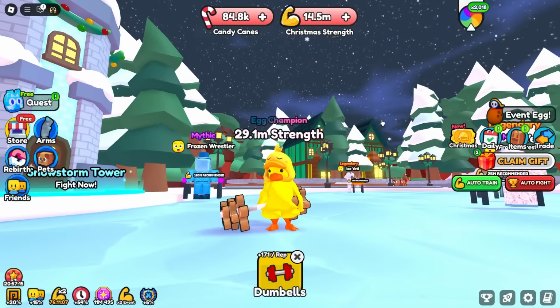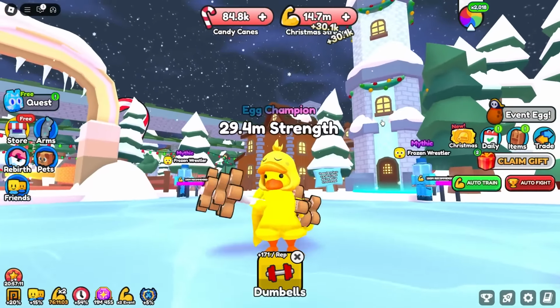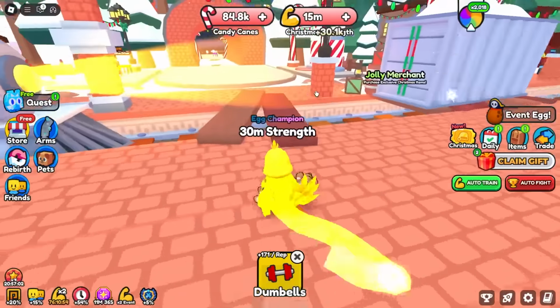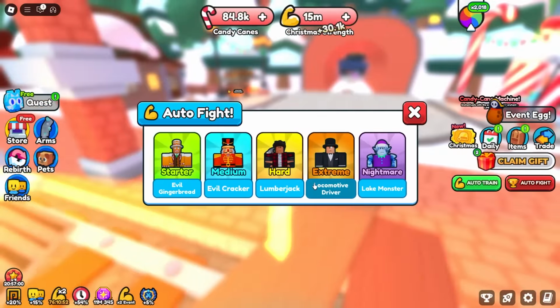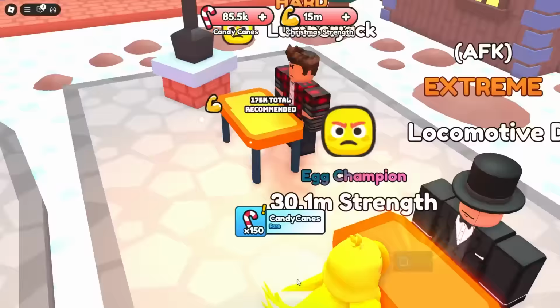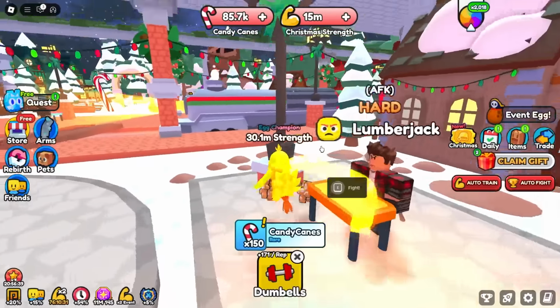So usually I get like multiple accounts in these events to grind it out, but honestly for this one, I might just get most of my accounts over to this area, because this second area, you still are able to AFK like the locomotive driver, who has 1.7 million strength. And the reason we'd AFK this guy is because we can get, I think, keys for both towers,